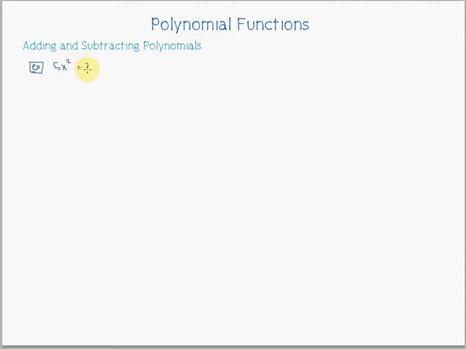We would call this a binomial. And then another term, then this all of a sudden comes into this category of polynomial. Anything that's even more terms would also be a polynomial. So it's kind of a broad term. Okay, when you're adding polynomials and subtracting polynomials, let's say I'm adding together